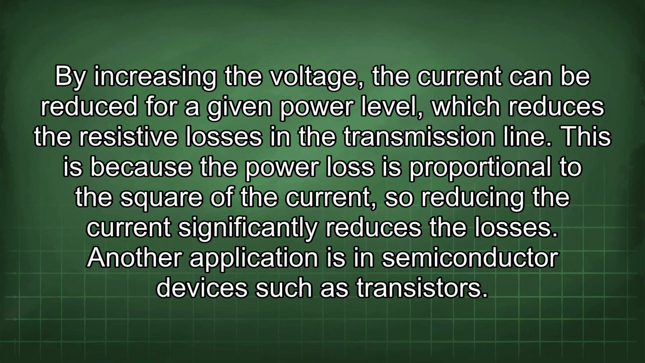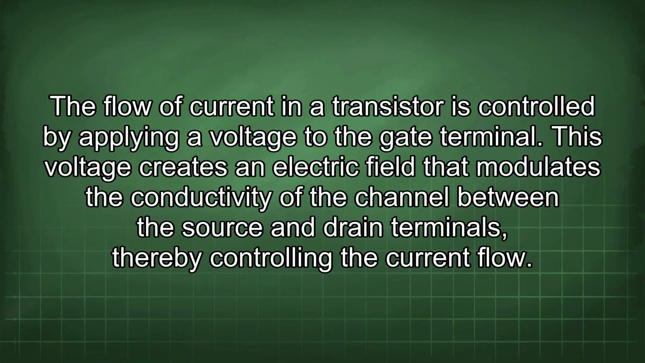This is because the power loss is proportional to the square of the current, so reducing the current significantly reduces the losses. Another application is in semiconductor devices such as transistors. The flow of current in a transistor is controlled by applying a voltage to the gate terminal. This voltage creates an electric field that modulates the conductivity of the channel between the source and drain terminals, thereby